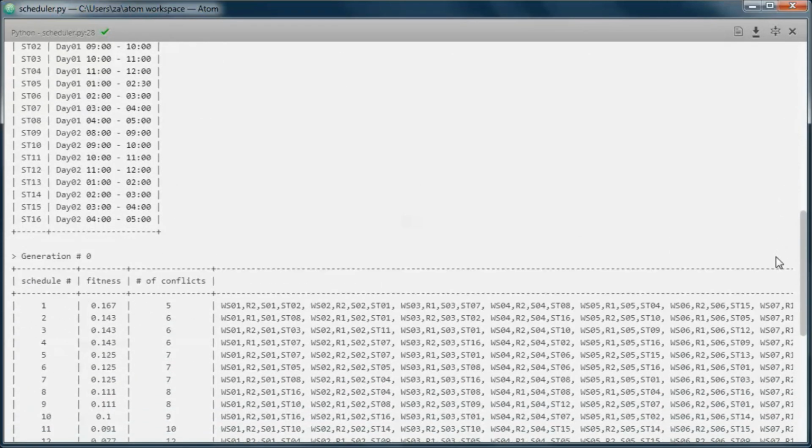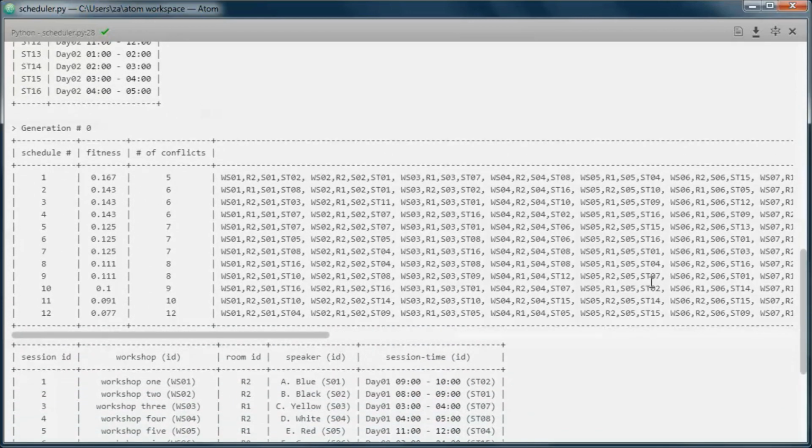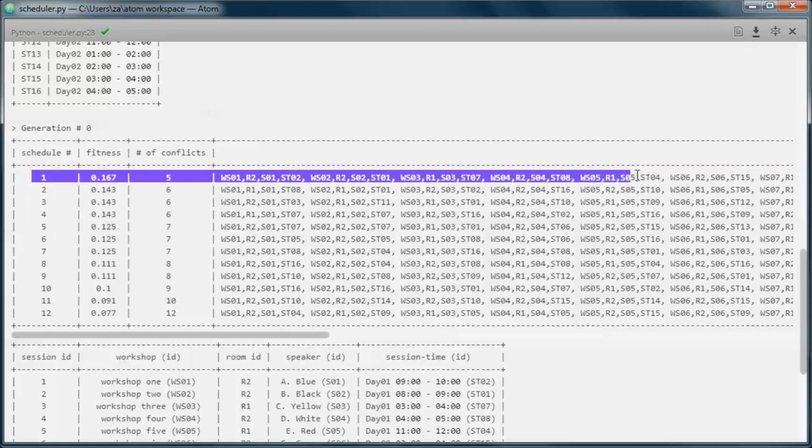So this is the input data, and this is generation 0, and the fittest schedule had 5 conflicts,